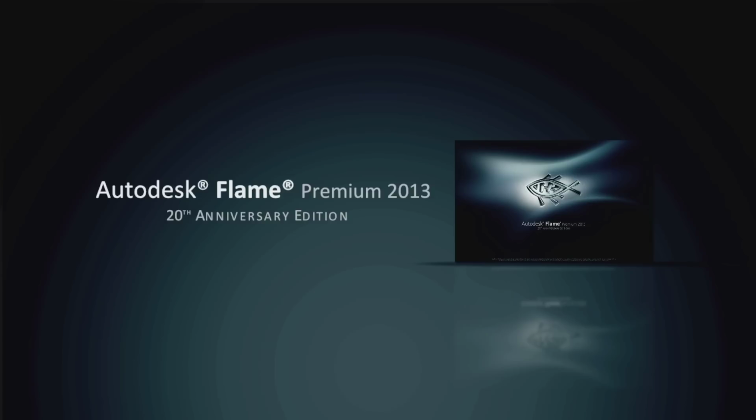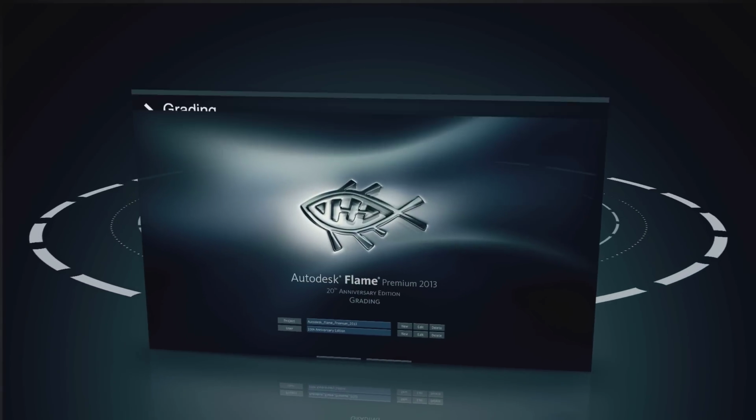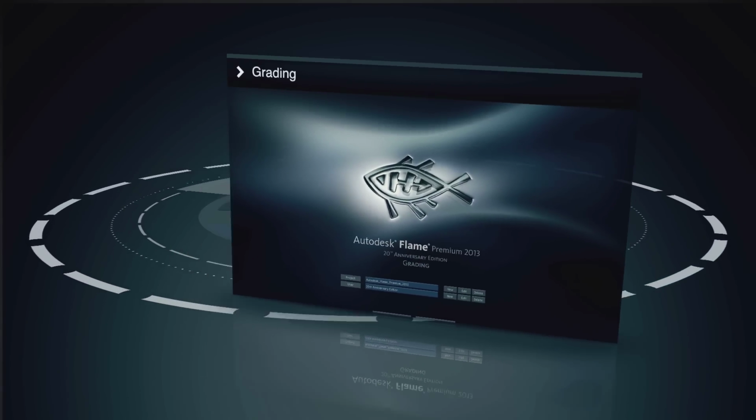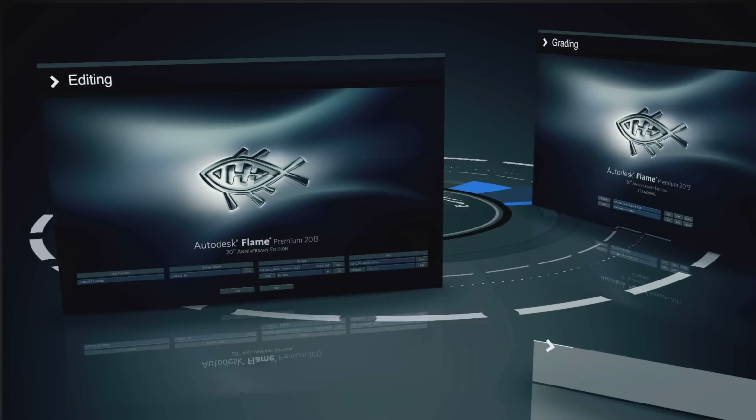Today in this webinar we'll be looking at the creative grading and visual effects tools and workflows in the recently released Flame Premium 2013 Anniversary Edition. For those of you who may not be familiar with Flame Premium and our new 20th Anniversary Edition, it's a suite of tools that unifies three major disciplines of post-production: grading, editing, and visual effects into one product from Autodesk,